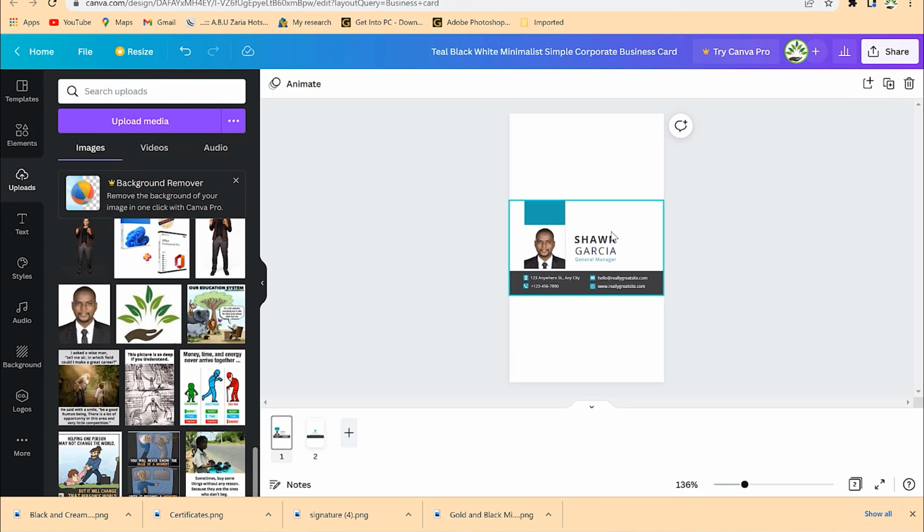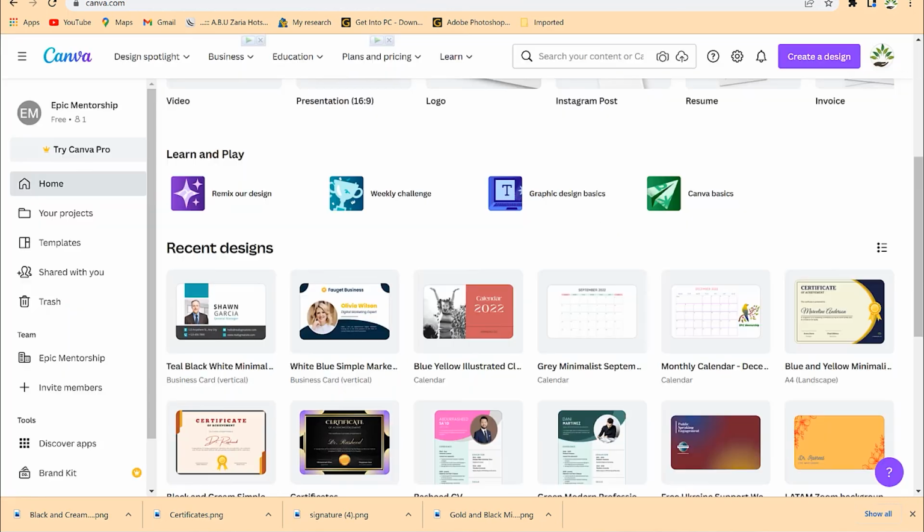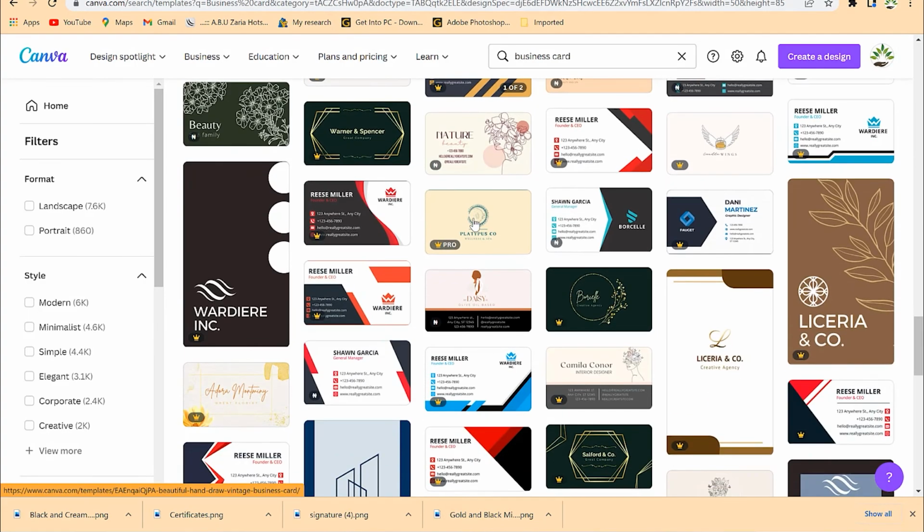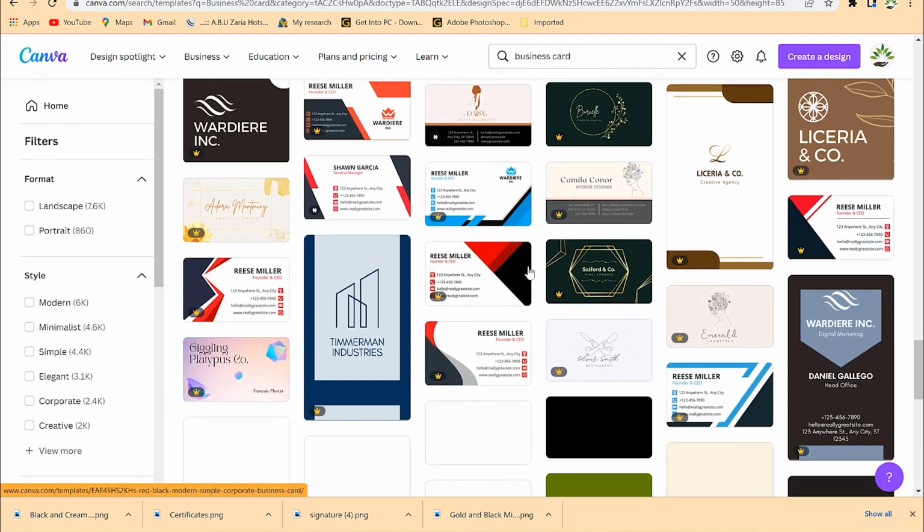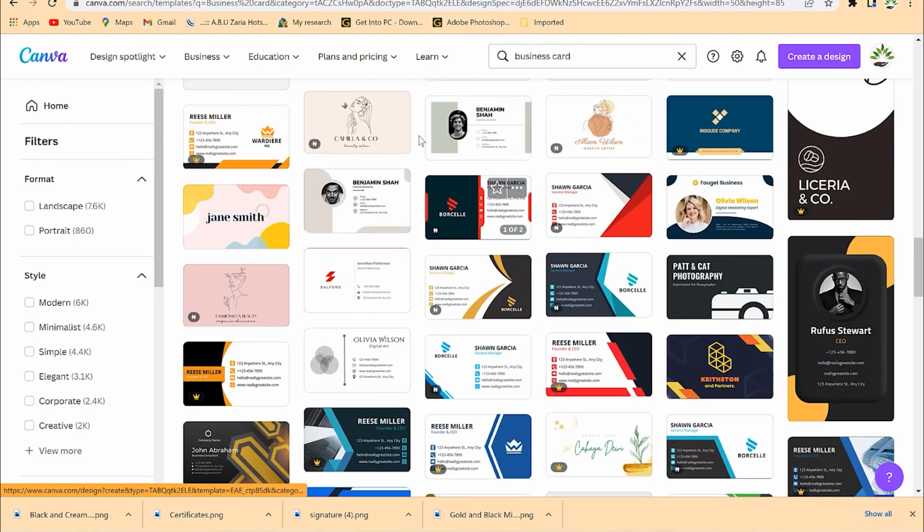Okay, so this is about business card. Feel free to try it. Feel free to customize the content. Feel free to even redesign even the premium ones. You can just check and try based on the elements. Try to see how you can redesign them to kind of look the way you want them to look. Okay, so these business cards